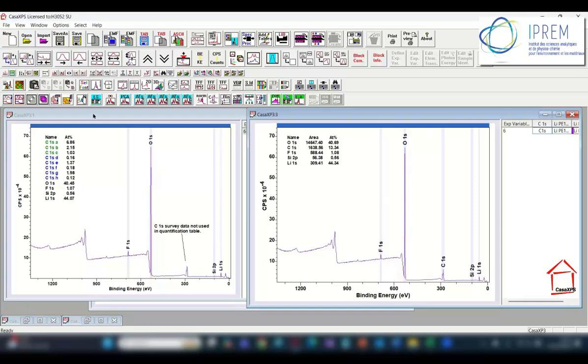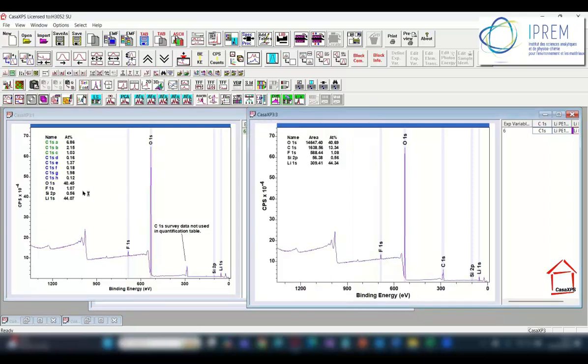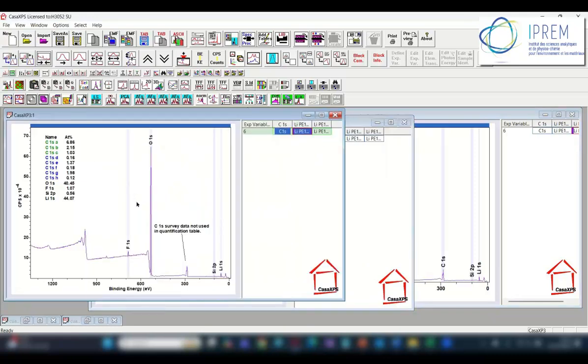When I come over here, I've got the same survey spectrum, but this time I've omitted the carbon 1s, and so I've only got signal from the survey measurement for these four elements, and the results for these four elements, as you can see, are identical, but the difference is now the carbon is being split into chemical state using the peak model. So these are results all coming from the Parsons 20 spectrum,